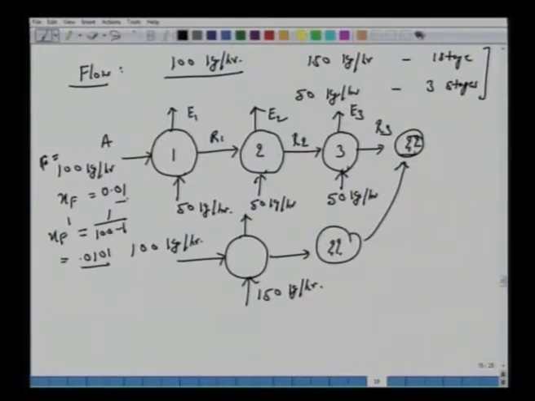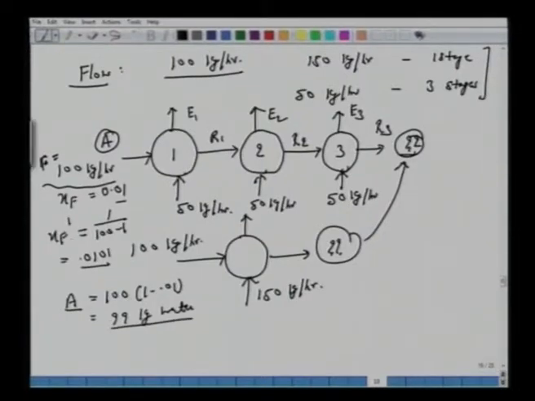Slightly different from here. And A, right? So it's A, which is pure water. So we are saying that A is now 100 into 1 minus 0.01. This is equal to 99 kg of water. So generally we make a mistake here. This F is 100 kg per hour. You should read the statement correctly. Solution is 100 kg per hour, but the water is 99 kg per hour. Okay, because we are working on this quantity XF dash. If you work on XF, then we should work on F. But right now we are working on solute free basis. So A is like this. B here is 150 kg, and B here is 50 kg each.